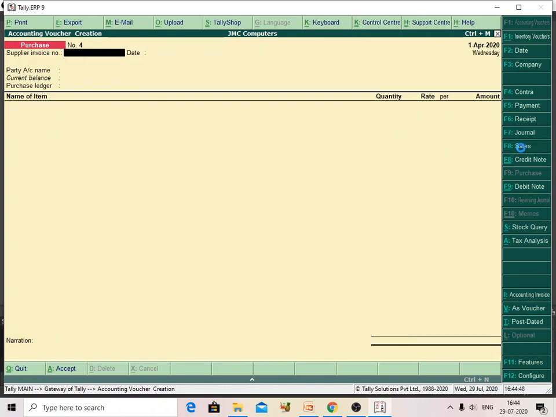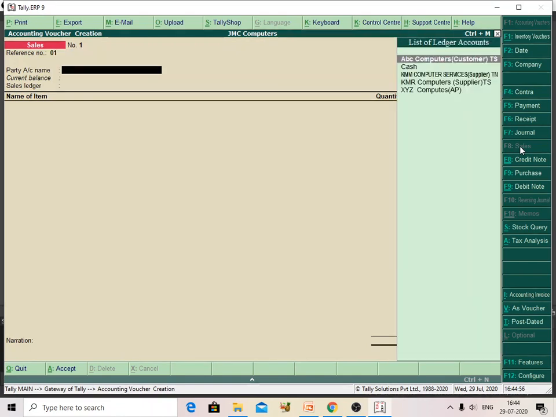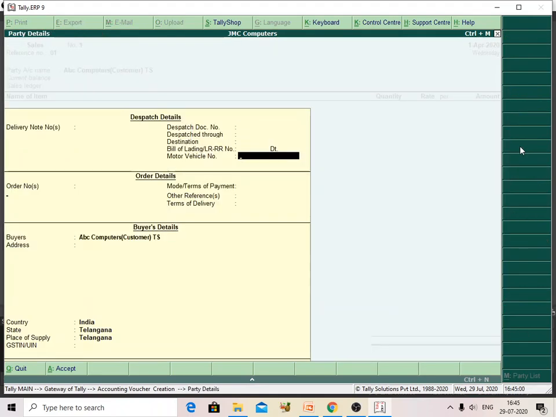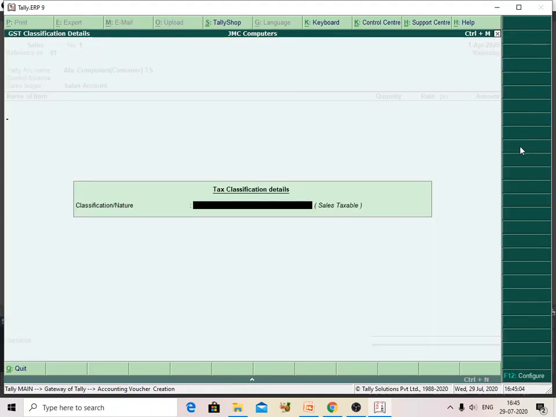Now I will show you sales. I am selecting the sales voucher. The first voucher is sales within the state. So who is my customer? ABC customer in Telangana. So I am going to sell the products, sales account.